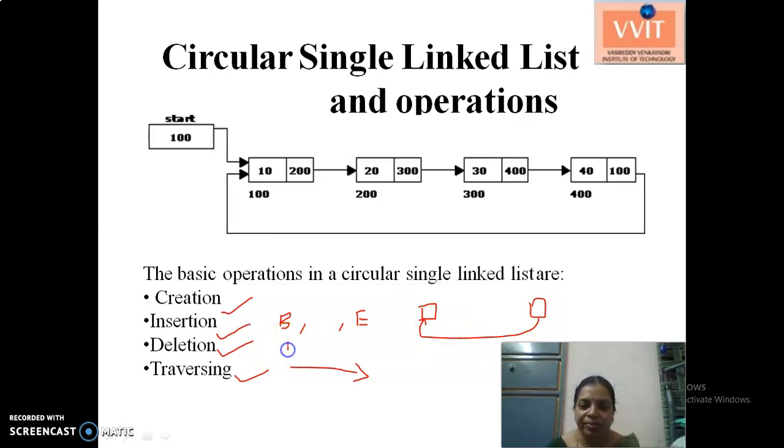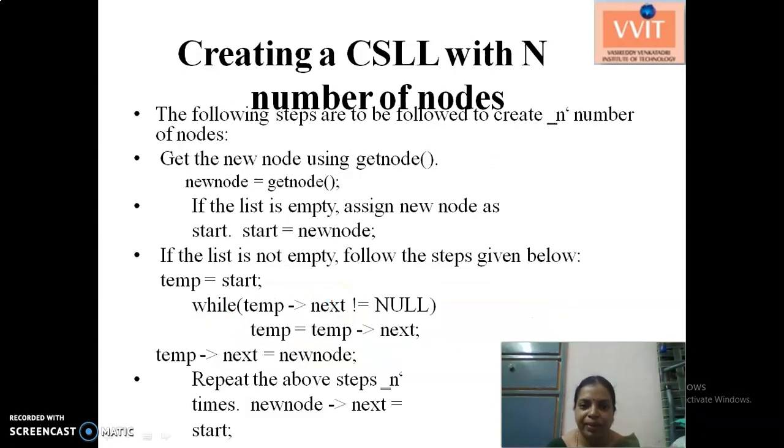Deletion is also the same. Whenever you are deleting a node at the beginning or at the end, you need to update the last node's next to the first node address. This is to be performed for deletion and insertion. So other than these four operations, all the remaining operations are similar for the single linked list and circular single linked list.